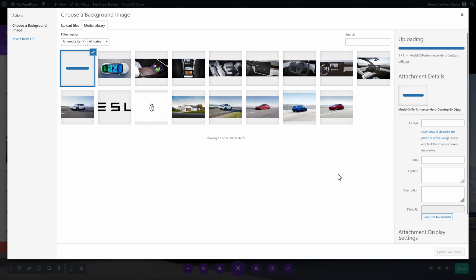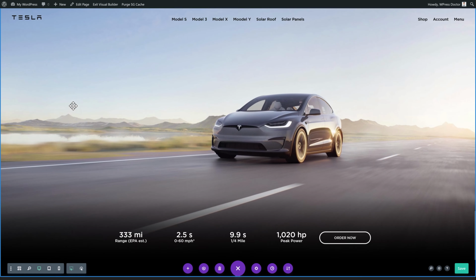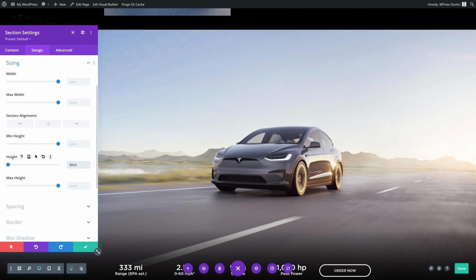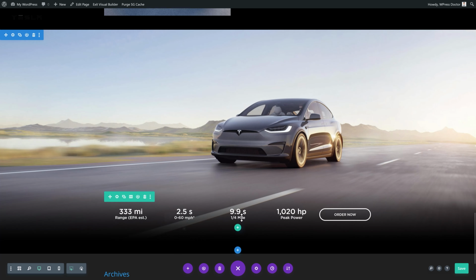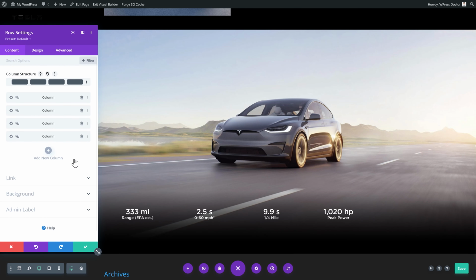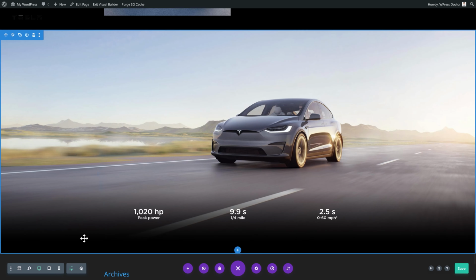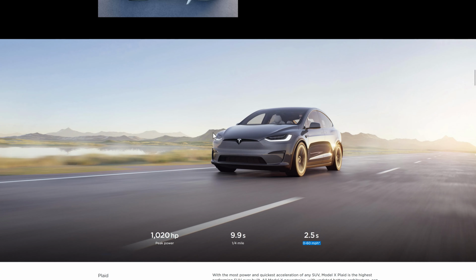I'm going to change the background to the Model X Performance Hero. It's just a little bit smaller and we have these text over here. So we're going to change the height to 90 view height. Well, it's even less. I think it's 80. Then they only have 3, so we're going to remove the last columns like this and like this. And then we're going to just change the text. Did I just change it all manually while you could actually just rearrange the columns? And then we have created another section.